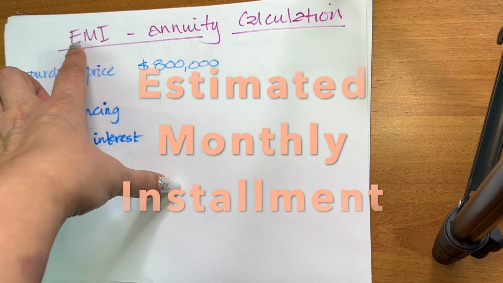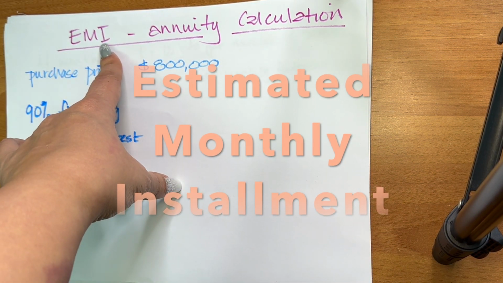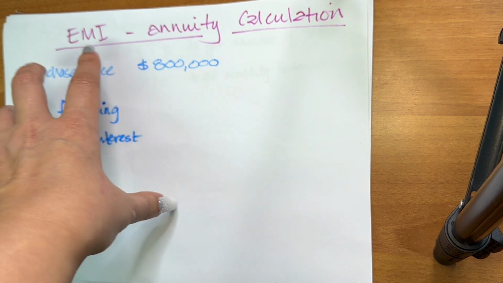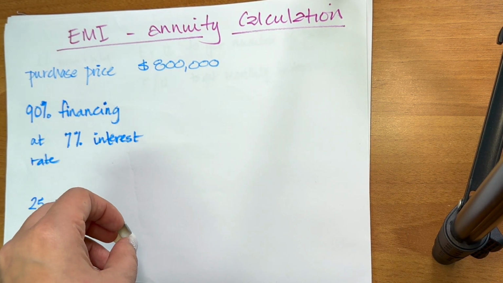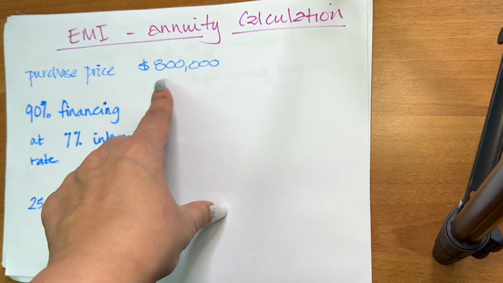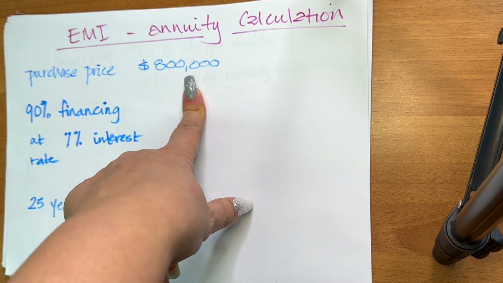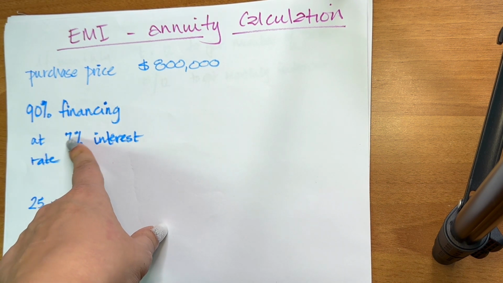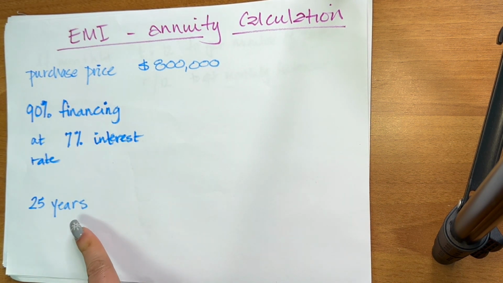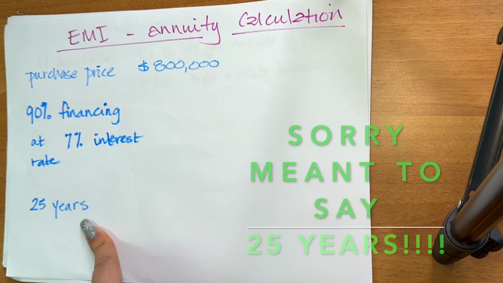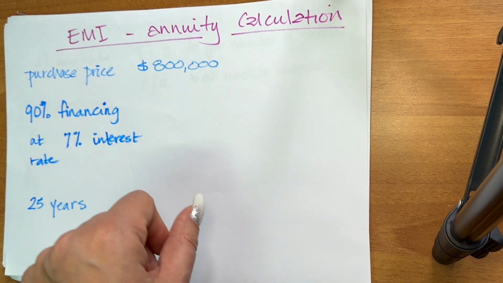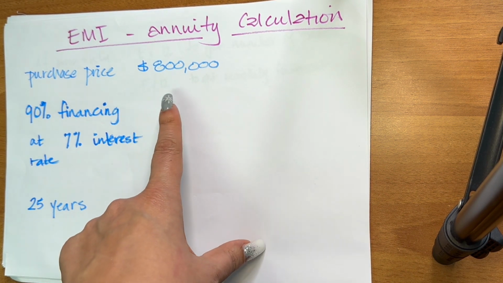How to find the estimated monthly installment, the EMI, which is an annuity calculation. In this example, we're assuming a mortgage, a property that has a purchase price of 800,000, has 90% financing at 7% rate, and the mortgage term is 25 years. So I need to find how much I need to pay in monthly installments if I'm going to finance this